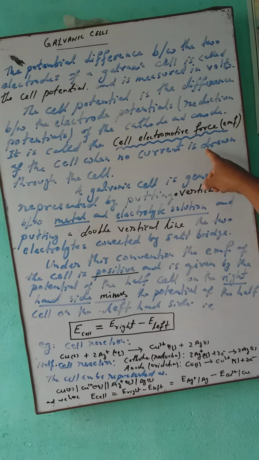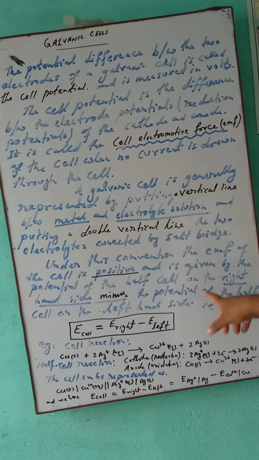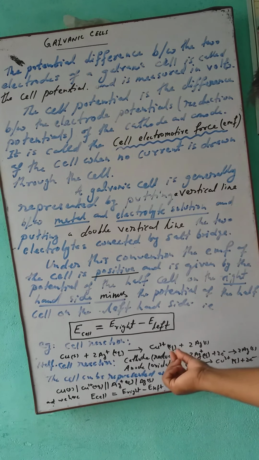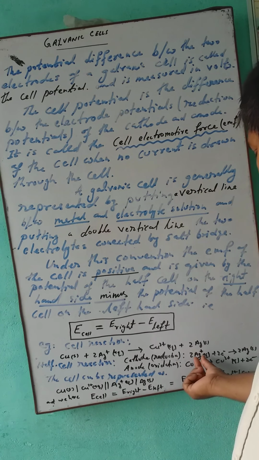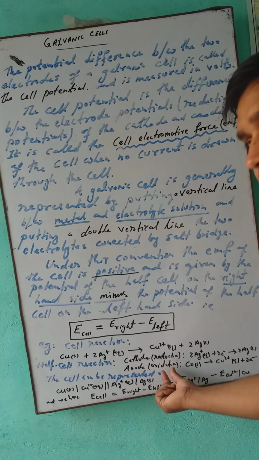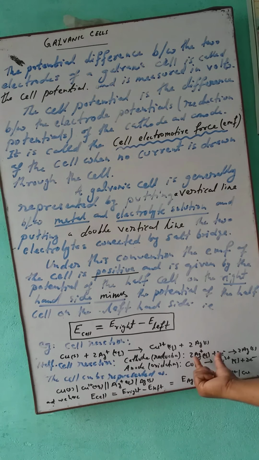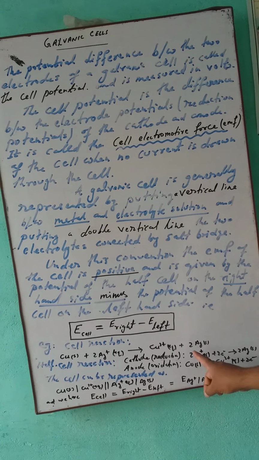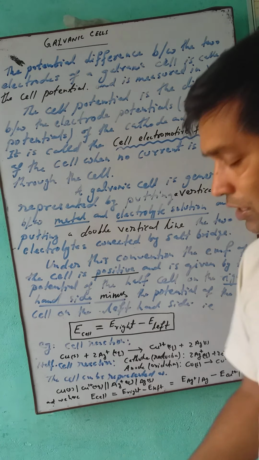So as already discussed, EMF is considered as a reduction potential. So first of all, the reduction is written, that is the cathode, followed by the anode, reduction followed by oxidation. Here reduction is happening, so we write reduction first and then oxidation. So here see, silver ion, then silver, minus copper. Oxidation is happening, so copper ion and then copper. So this is the relationship by which